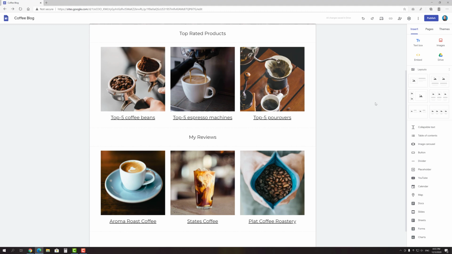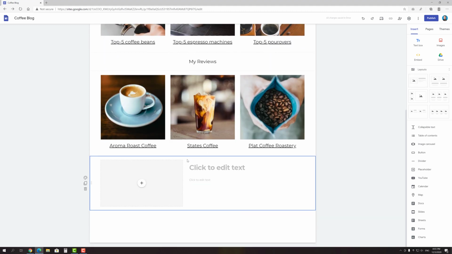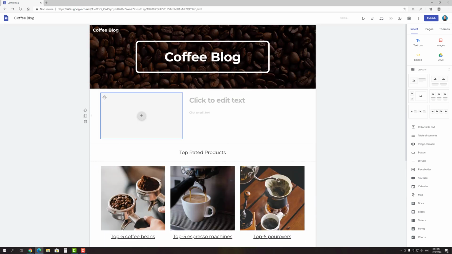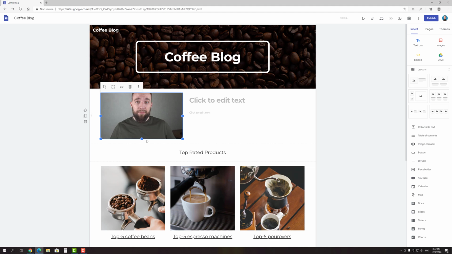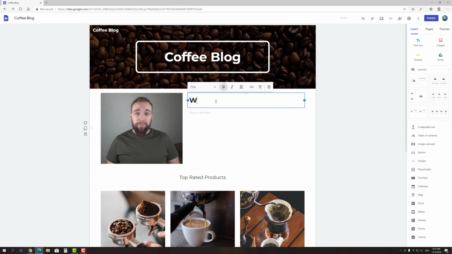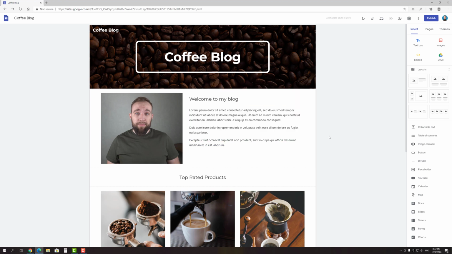I think the first layout suits best for this purpose. Add a photo and some information about you and that's it. This is actually an optional step, but it can increase the visitor's confidence, so it's up to you.